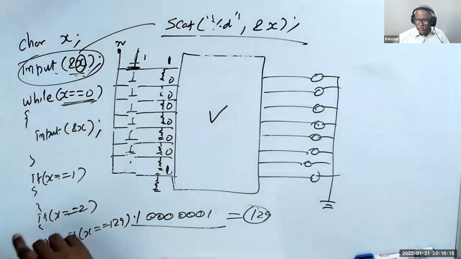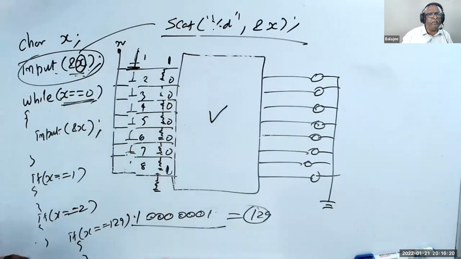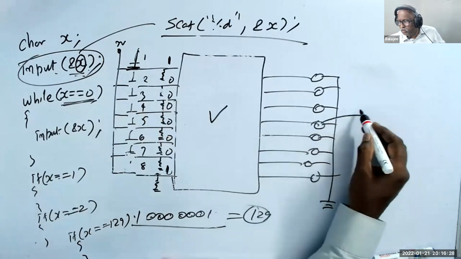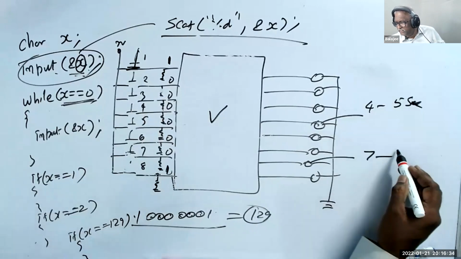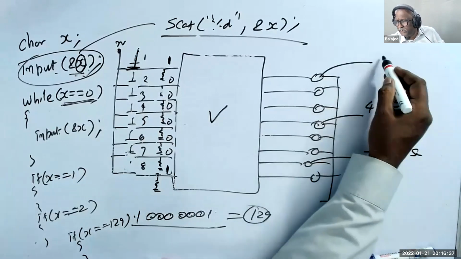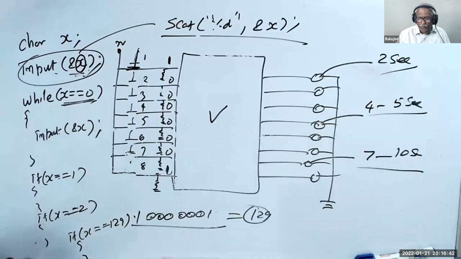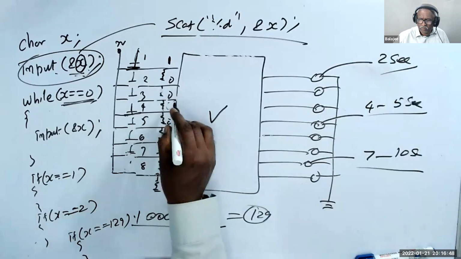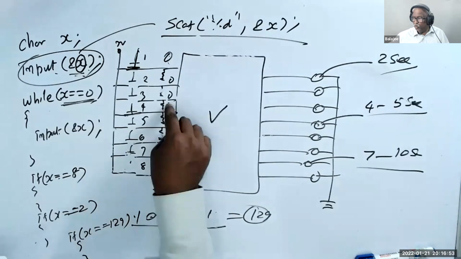If I tell you that I have 8 switches, and if I press the 4th switch, then you on the light 4 for 5 seconds. Then on the light 7 for 10 seconds. Then on the light 1 for 2 seconds. See that? I give you the requirement like this. When I press the 4th switch, that means this becomes 1, 0, 8. So if X is equal to 8,